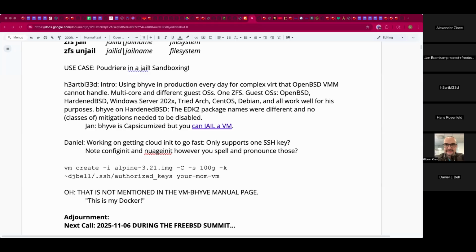I think in theory it also supports VirtIO VSOC, which is not implemented on FreeBSD, because we don't have a VSOC right now. You can also pull it over the network, but that requires some networking to be set up. So the best way to do it apparently is to expose your configuration as a block device,